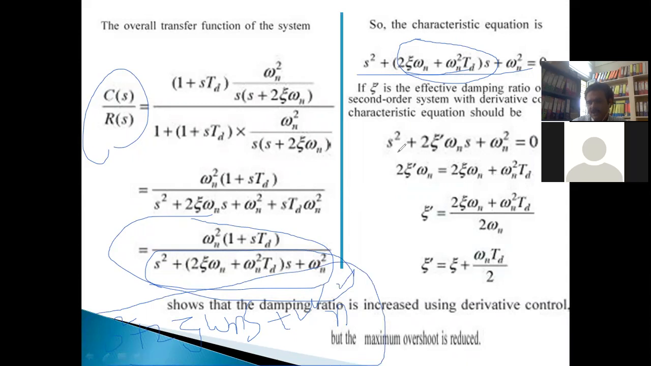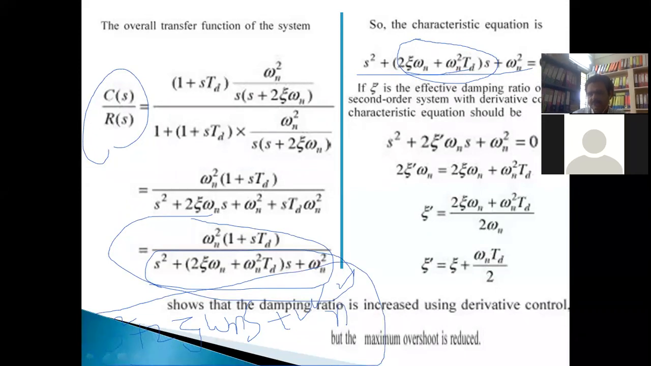Here, if we write in that same fashion and compare, if zeta dash is the effective damping ratio of the second order system with the derivative control, the characteristic equation should be s square plus 2 zeta dash omega n s plus omega n square. So zeta dash is the damping ratio after adding derivative control. If we compare that with the standard form, zeta dash is equal to 2 zeta omega n by,